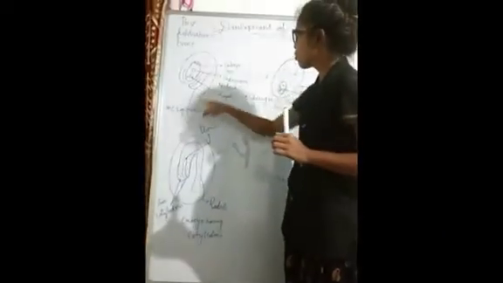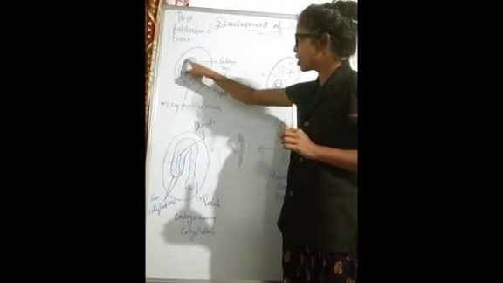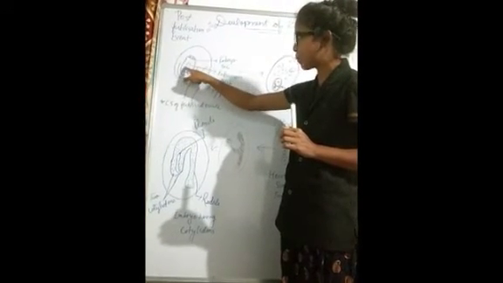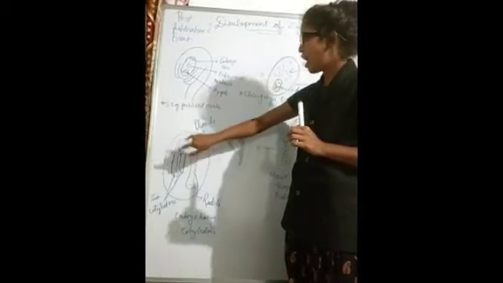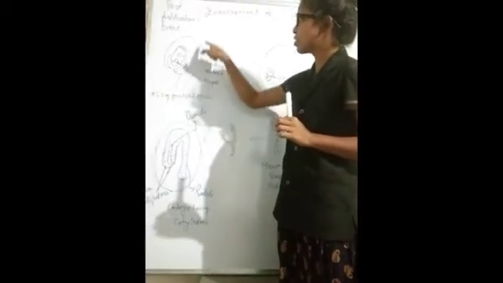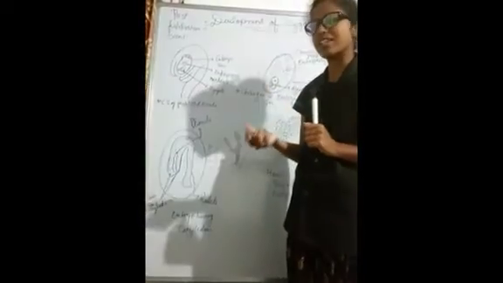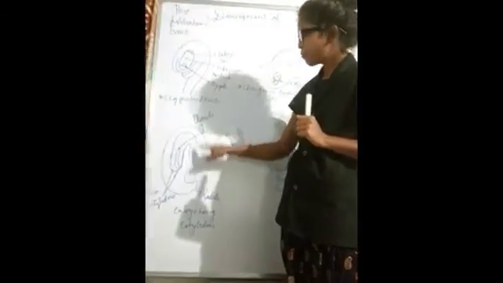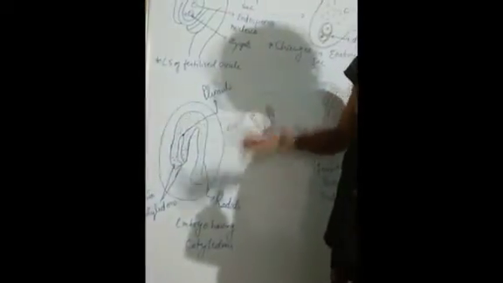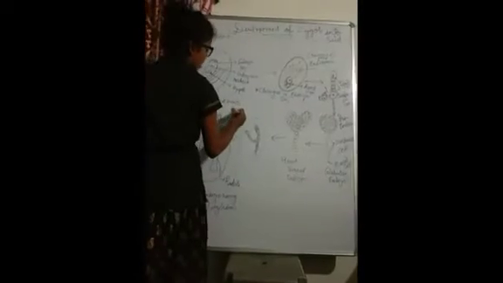Okay. This ovule is going to form the seed along with the development. As soon as this development takes place, this embryo is going to form this type of structure, and at the same time this ovule turns into a hard seed. Okay. So this is a dicot seed. So here the plumule region is here and the radicle region is there. So the plumule gives rise to the shoot.